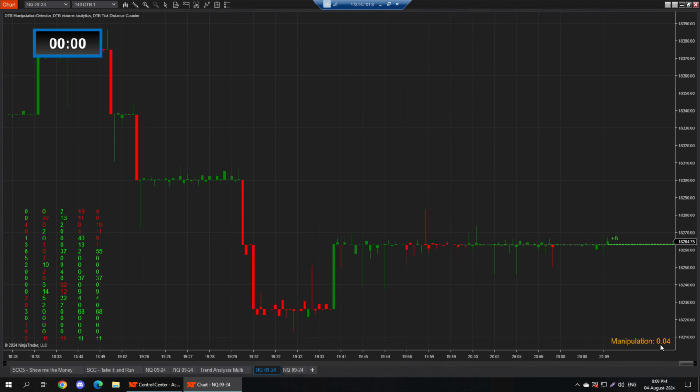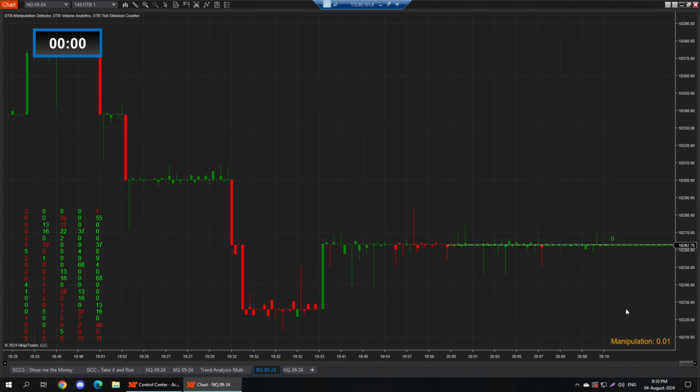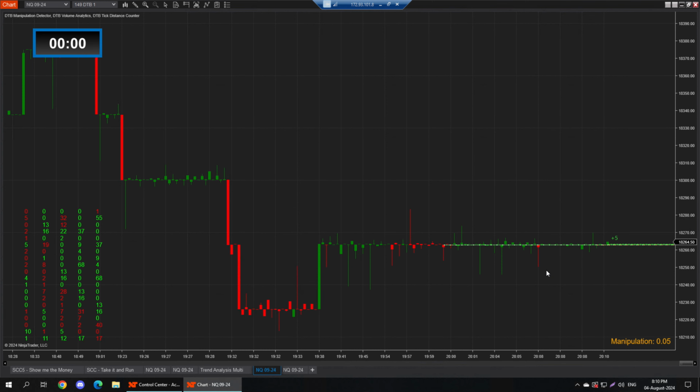The idea behind that is to tell you what the price is likely to be doing next, or where the current level of manipulation is. So when it's fairly flat at 0, the price is just bobbing around. When it's got a high plus, that means the price is more likely to go up. And obviously, if it's a strong minus, it's likely going down. So that is like the momentum of price. And it's telling you that when they push the price,